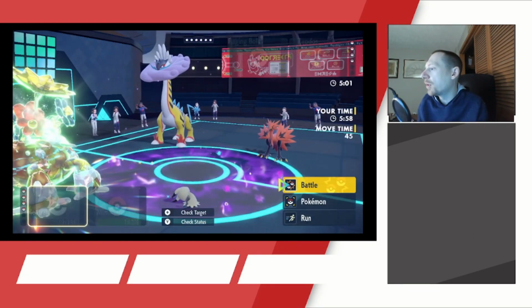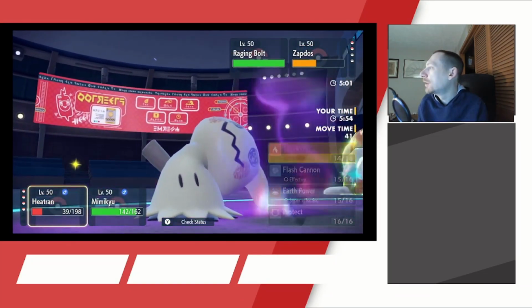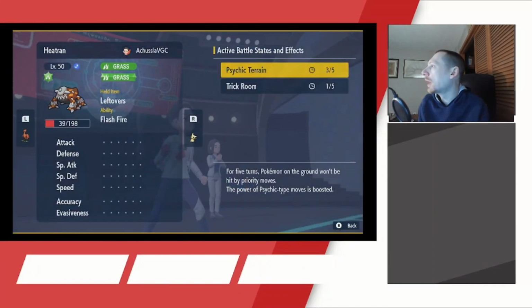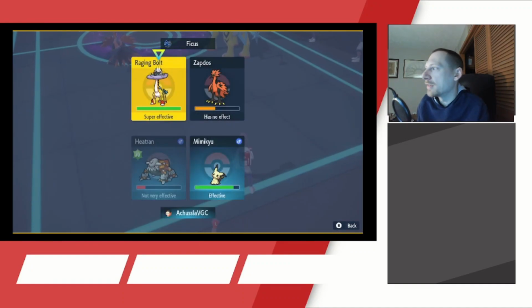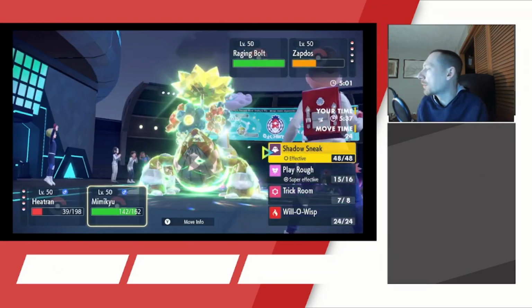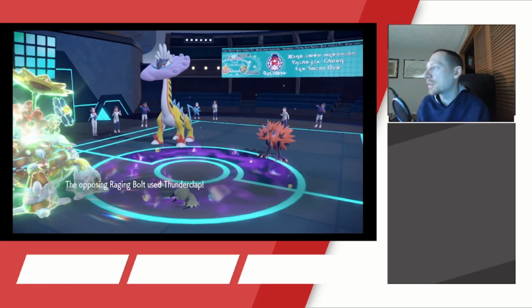Okay, so Raging Bolt. So I'm glad we still have Iron Hands in the back. It's one more turn of Trick Room. Or, yeah, right? One more turn. Yeah, and he protected last turn. So I'm going to try for this, even though he probably Terastallizes anyway. I could try to call it with a... He's going to get me anyway. I'll try to call it with a Flash Cannon, but he probably doesn't do that. And I'll do that. Because a lot of times they Terastallize into...